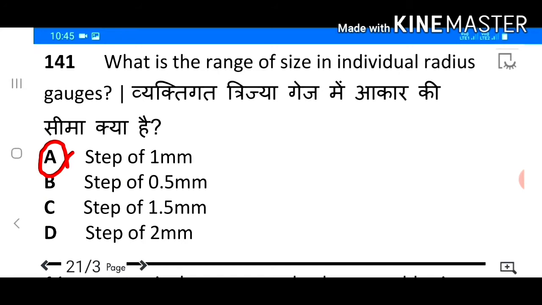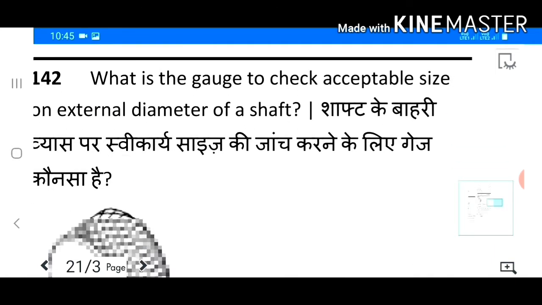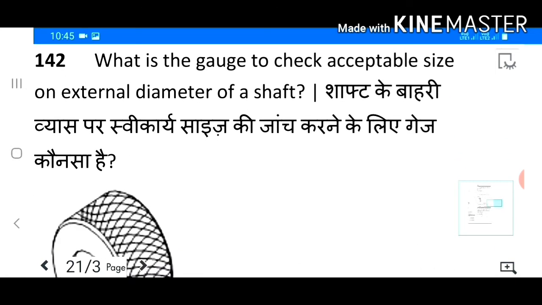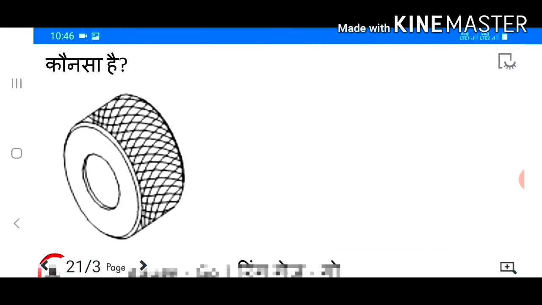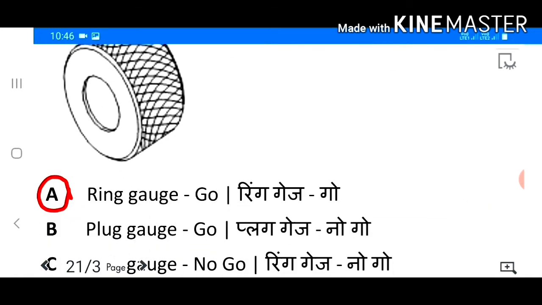What is the range of size in individual radius gauges? Answer A. Step of 1 mm. 142. What is the gauge to check acceptable size on external diameter of a shaft? Answer A. Ring gauge go.